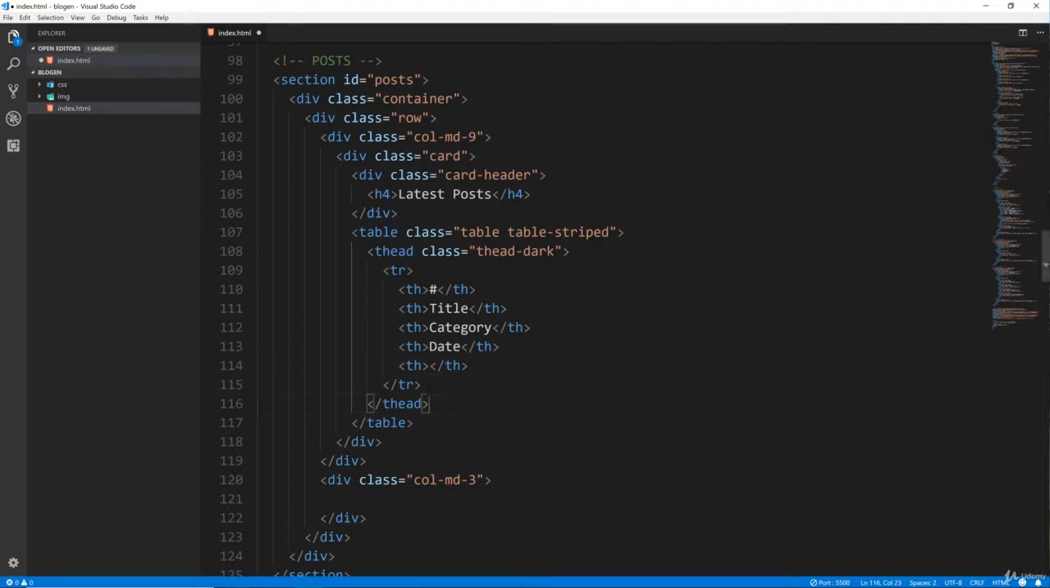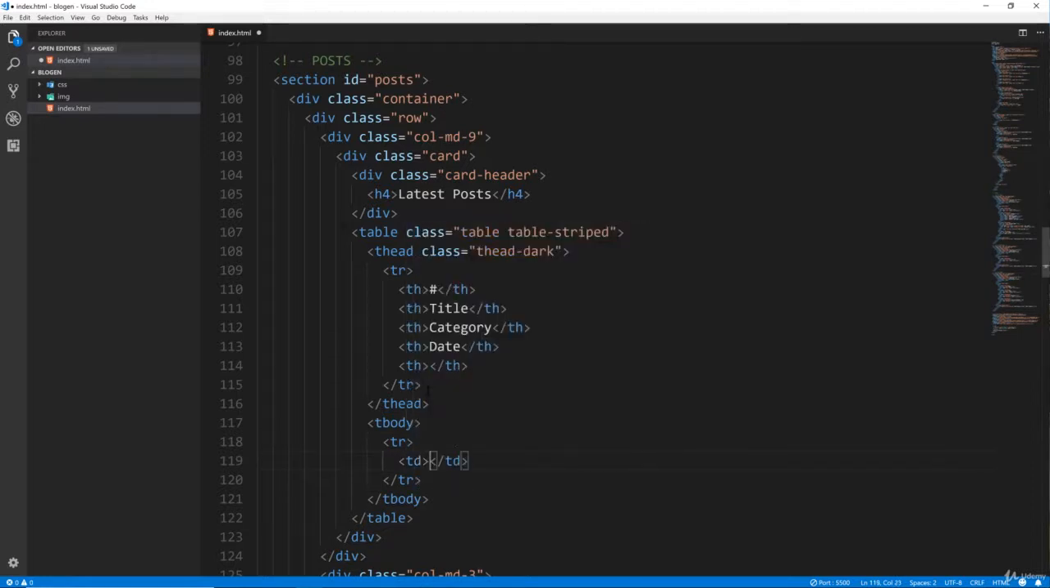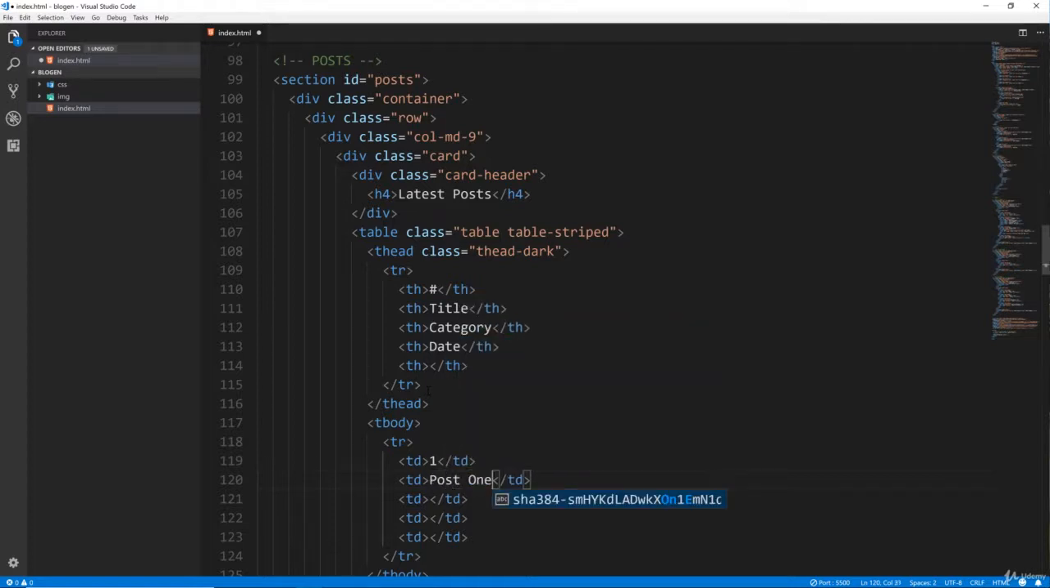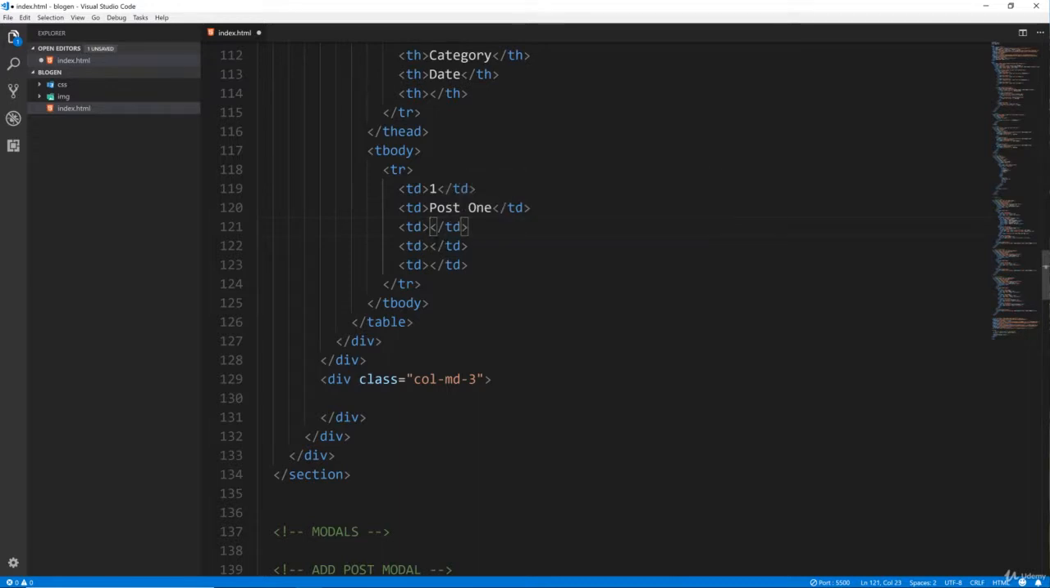Okay, so now let's go under the thead and let's add tbody. And we'll do our first row here. And let's do our columns. Now, table columns have a TD tag. So let's do ID 1. Okay, I'll do TD times 4. So the next one is the title. So I'm just going to say post 1. I'm not going to get too technical here. So post 1. Category, we'll just say web development. And then the date, I'm just going to do July. Actually, let's do May